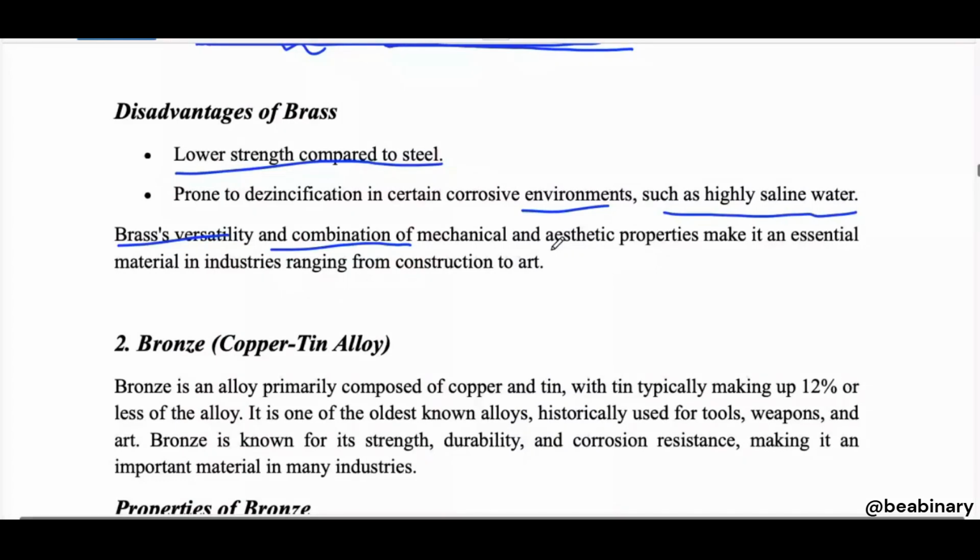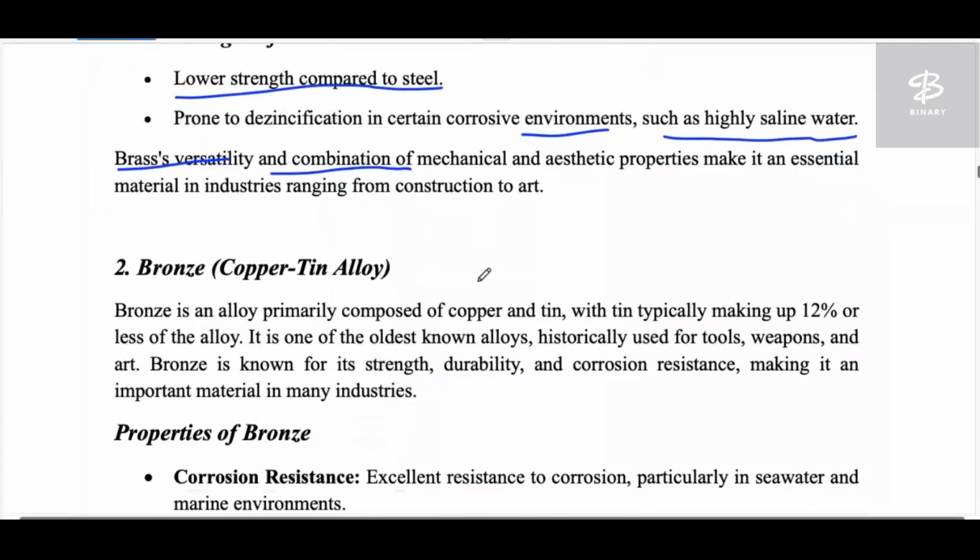Okay, and construction, because they have moderate conductivity, they have strength and hardness, and also good, though not as much as copper, but still good. If we compare the strength with steel, then obviously it has less strength, but at the same time we are getting it at a very cheaper rate. So that's why it is a compromising material that we can use. That's why it is written here, from construction to art. Everywhere it is being used.